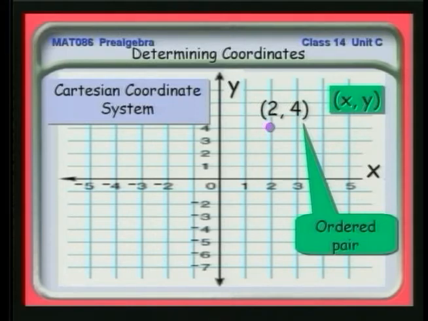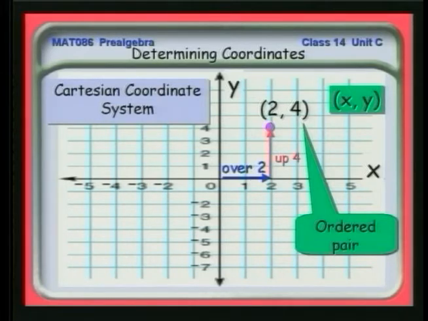And in order to actually find that point, to find the x point, we go over 2. In other words, since it's plus 2, we go 2 to the right. If that were negative 2, we would be moving to the left. Then y is equal to 4, so that description tells us to plot the point. We go over 2 and up 4. And that's how we get to that.